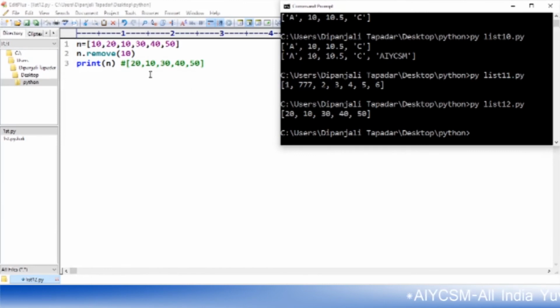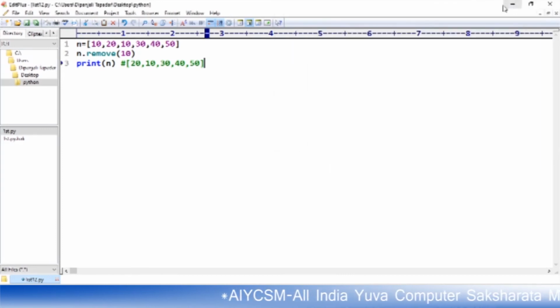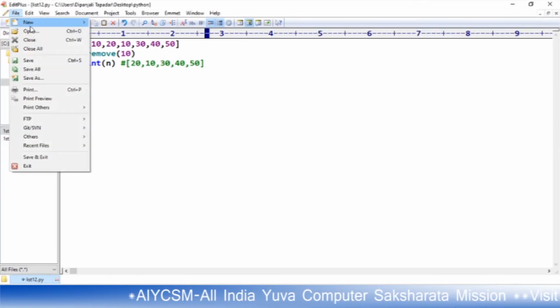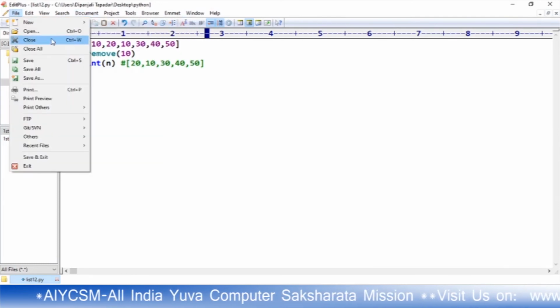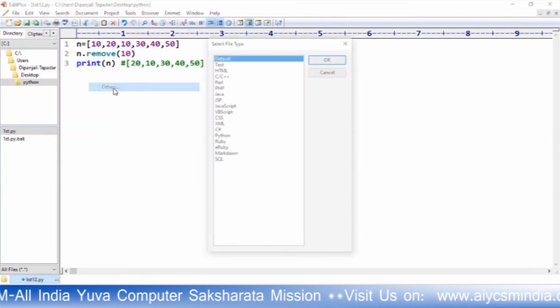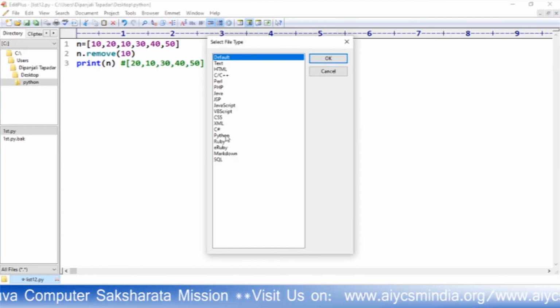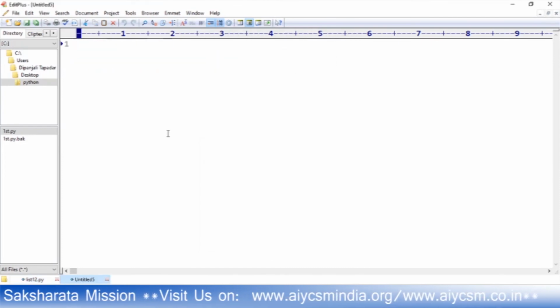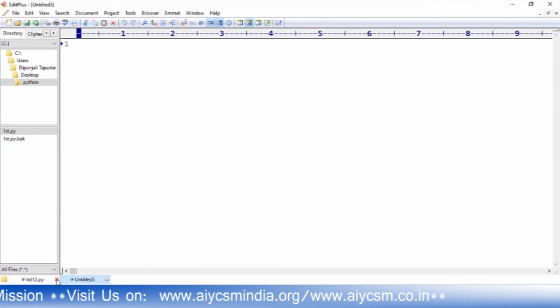It will delete the item you want. And there is another function which is known as pop. These two functions are used to delete elements from a list.